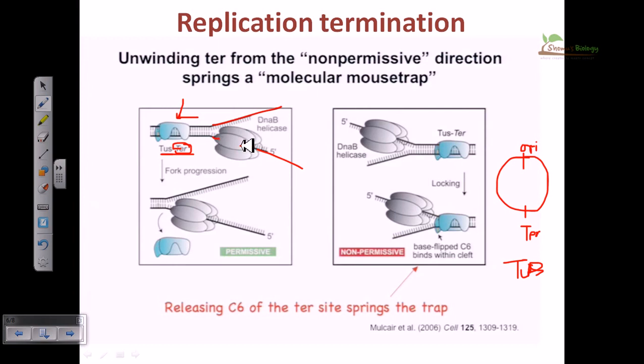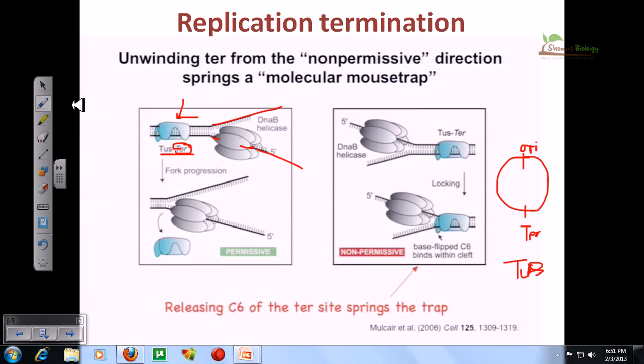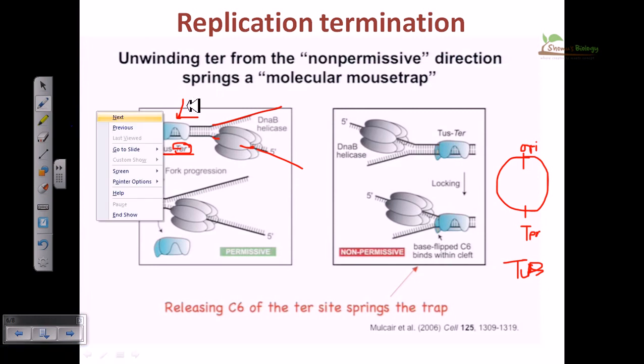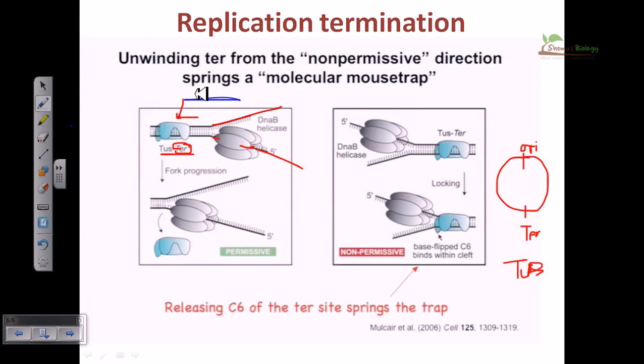Now DNA helicase moves on from this 5' end towards this direction, but when this protein Tus comes in and binds to the Ter sequence, it binds so tightly that sometimes this helicase cannot cleave it away from this cell. Now in this picture what we are looking at, the replication fork is moving on to this direction. So let me take another color. Anyways, it is moving on to this direction, but right after the binding of Tus protein on this termination region,